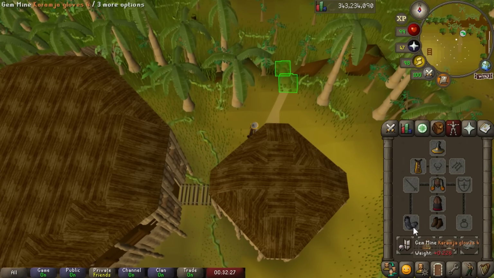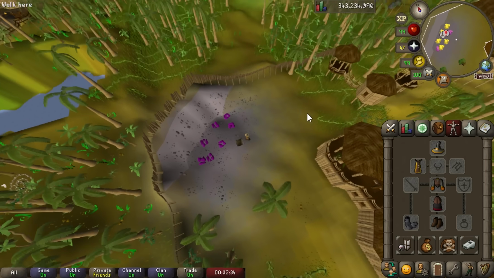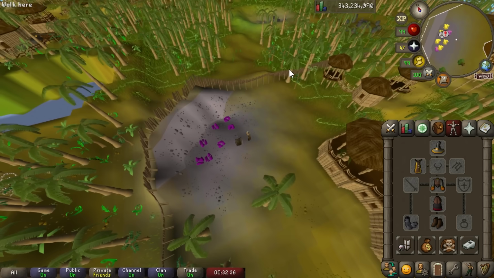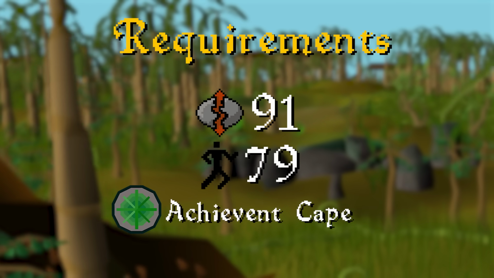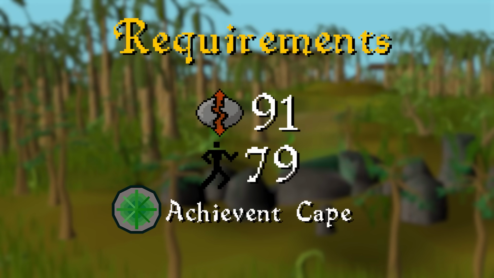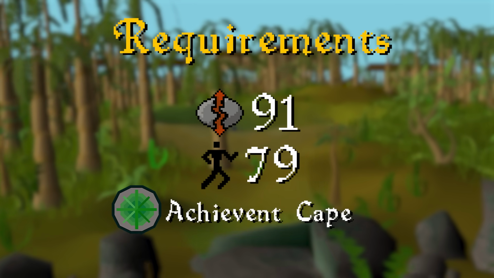Otherwise, you have to go to the Shiloh Village Mine, which is not nearly as close. You can see your way over here. If you have to use this, the GP per hour is about halved. Not to mention, you also need 91 Runecrafting just to get double natures to begin with, so it is a good method but has substantial requirements to do it efficiently,